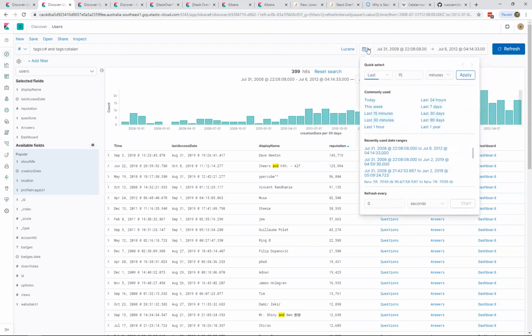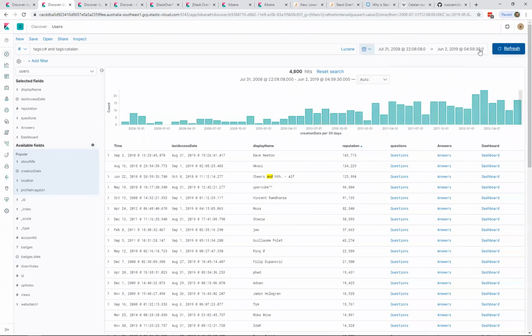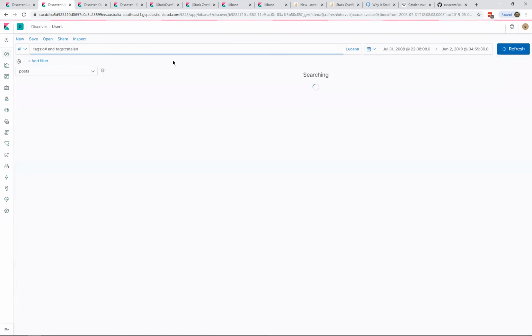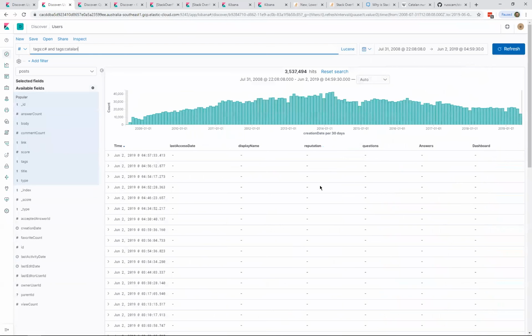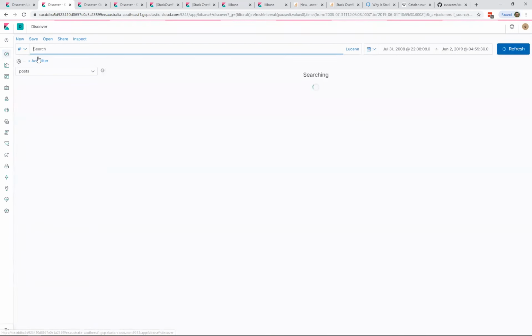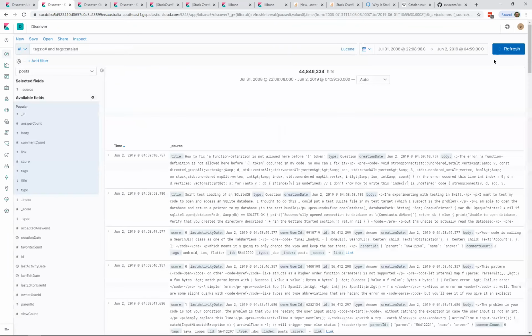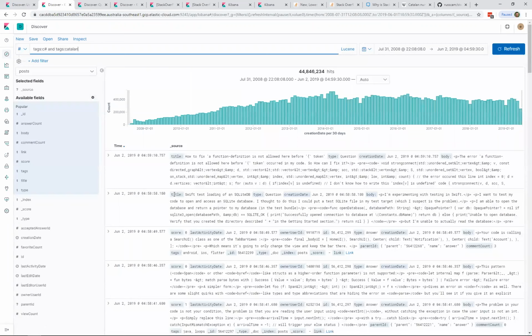And if we just take this back down to looking at all of the data, and it helps if we're looking at the post index. So one second, let's try that again. Okay, so